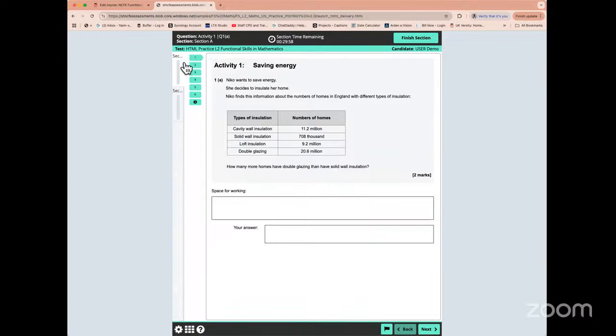So there are going to be in the section 1, for example, that we start off with is a non-calculator section. There are 6 parts to the exam, and that has to be completed in, as you can see, 30 minutes. So it is a timed exam. There is no way that I can change the time.